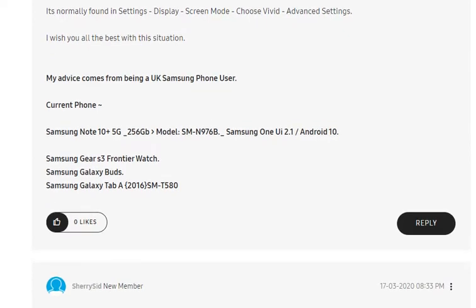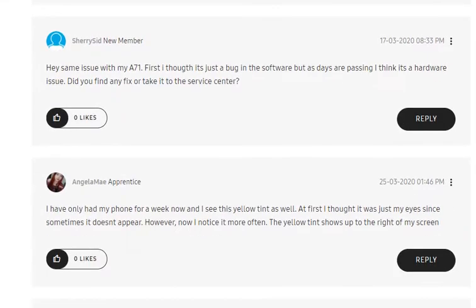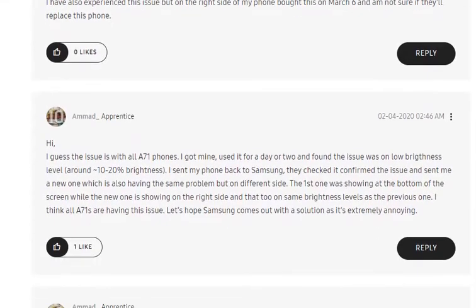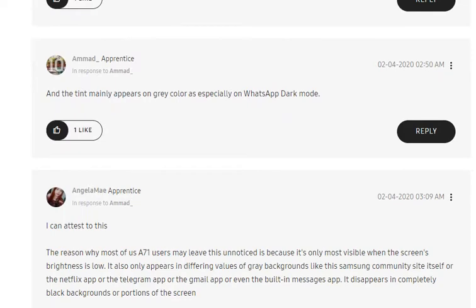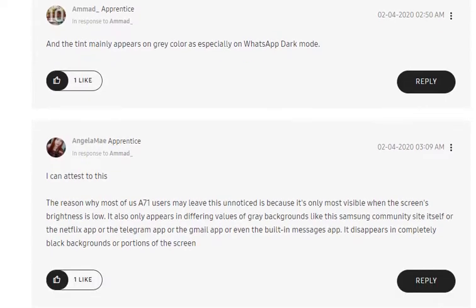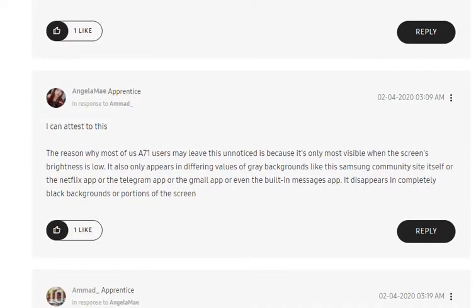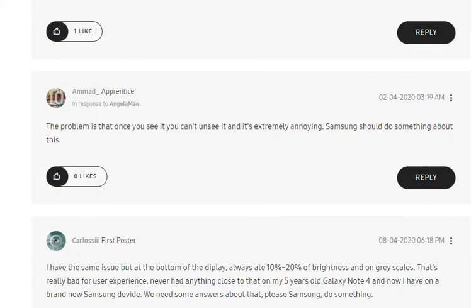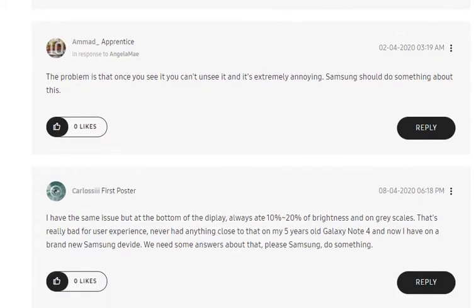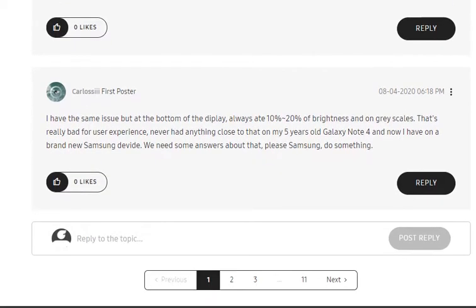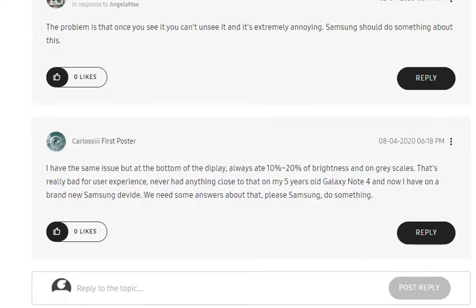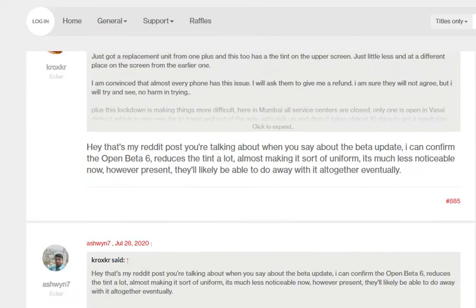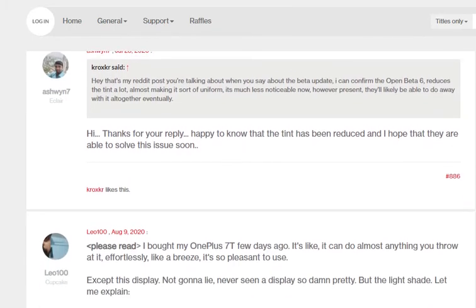Companies need to come out and clearly state what the issue is. Actually, there are quite a few articles on websites, if you search, where people have given a very clear explanation of what is going wrong that causes these issues. So the company should really do more R&D on this particular problem and try to solve it as soon as possible, because it's not worth paying so much money and then having an issue.